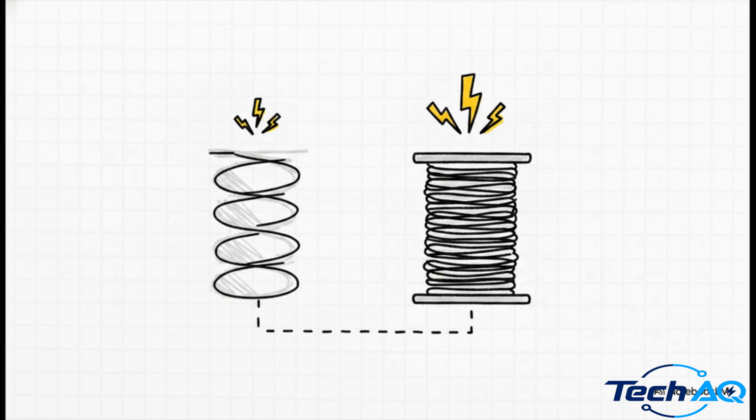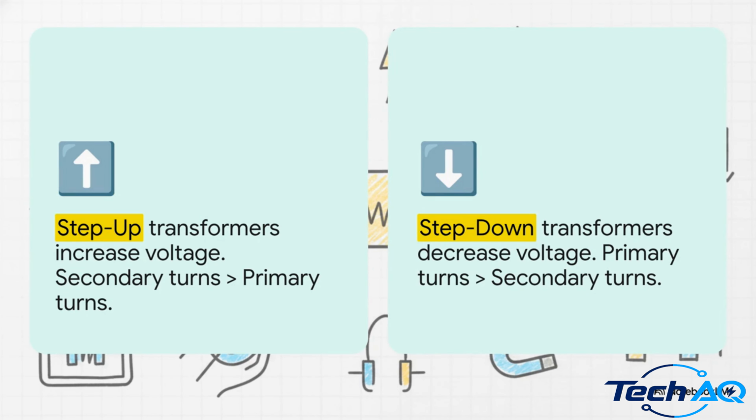It is incredibly simple when you think about it. The voltage output depends entirely on the ratio of wire coils on each side. If you change the number of loops, you immediately change the voltage. And that logic leads us to two main outcomes. A step-up transformer has more turns on the secondary side, which increases the voltage for long-distance travel, like across massive